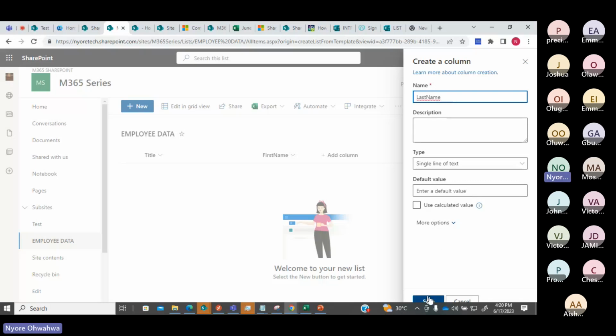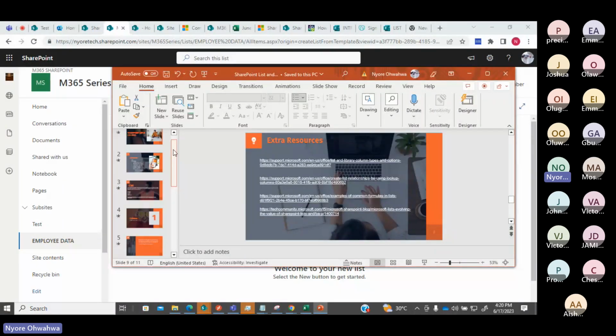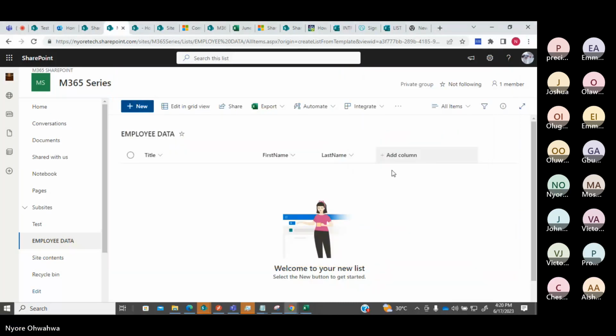And I would save. Okay, so I want to create a column that has the first name and last name, which is going to be called the full name. From my explanation earlier, I talked about something called calculated column. So instead of filling in the data, I want to create a calculated column so that first and last name are automatically populated in my list, right?